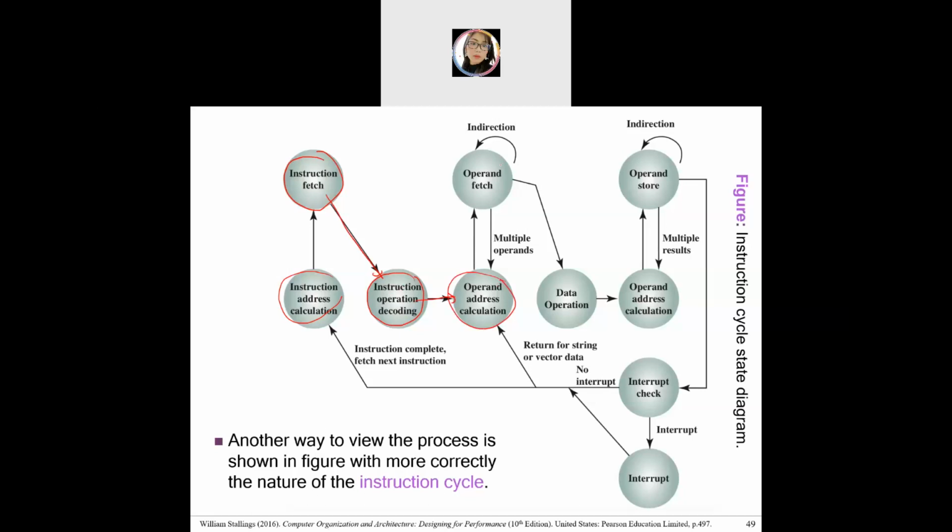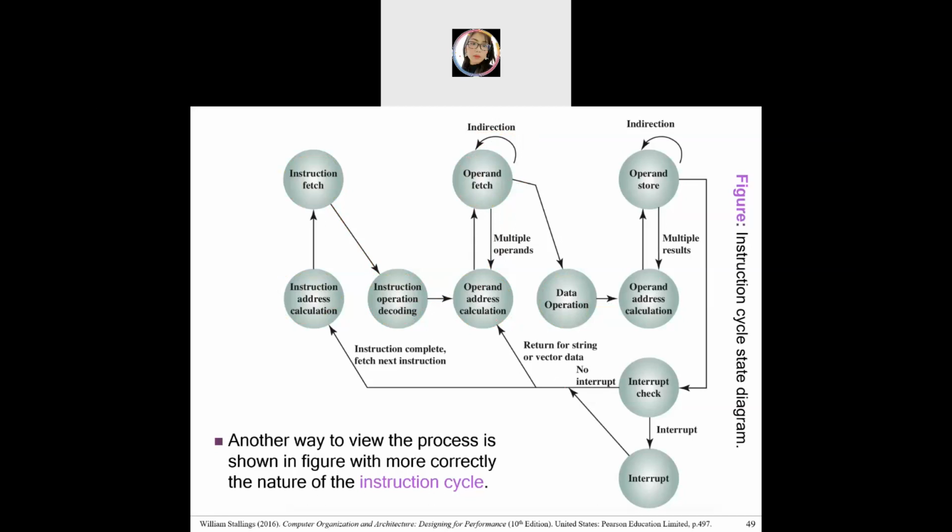If needed, you go to the indirect direction, which means you go back to the operand fetch and go to the operand addressing. You can also see there will be a data operand calculation. Maybe you can look into this cycle one by one, but no need for you to remember all